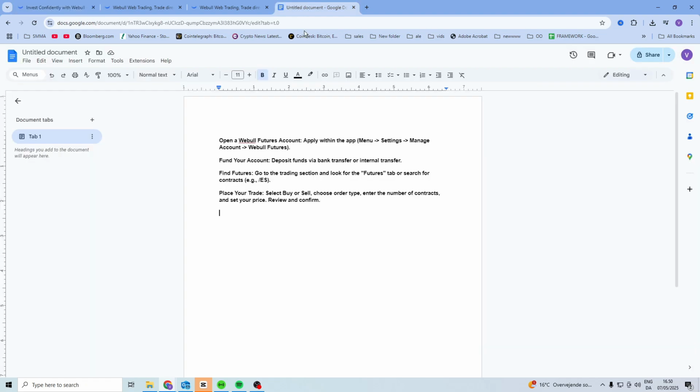So to do this, what we want to do is go to our account. So inside of the app, you want to find menu, settings, manage account, and go to futures. Inside of here, we want to apply for the futures trading, and once we've been accepted, we can now start trading futures. So make sure you have some money on the account, so just deposit, and once you've done that,